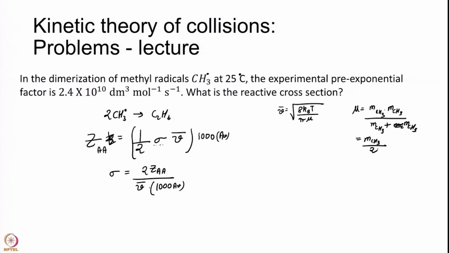15. So, the mass of carbon is 12 and hydrogens are 1. So, this is 15 by 2 grams per mole into 1 by 1000 into Avogadro number, which will convert it into kilograms per grams into moles, just like we did in the last slide. Mole cancels with here, grams cancels with this, and this I have found already, and this is equal to mass here 1.24 into 10 to the power of minus 26 kilograms.